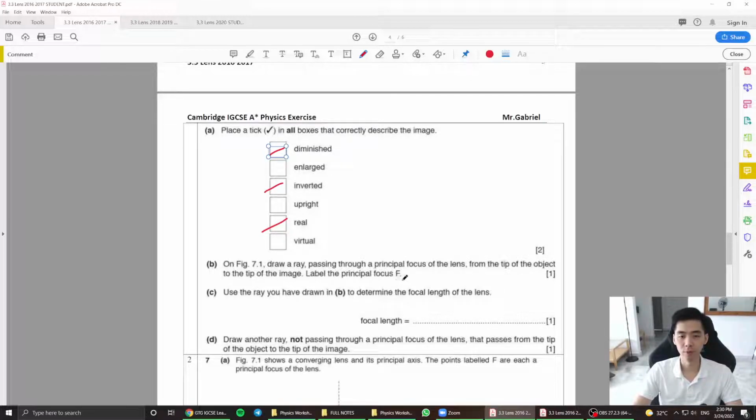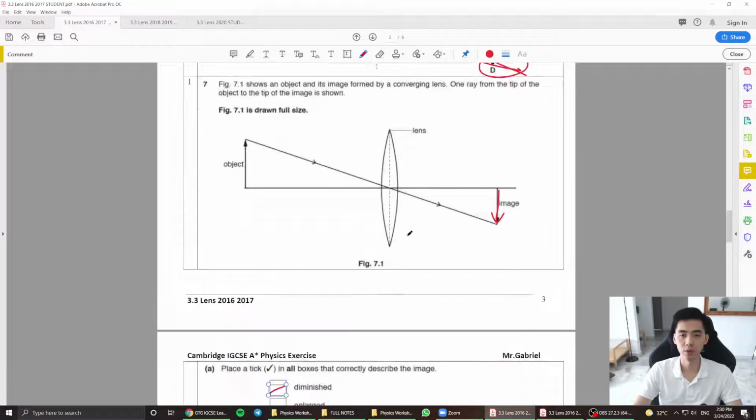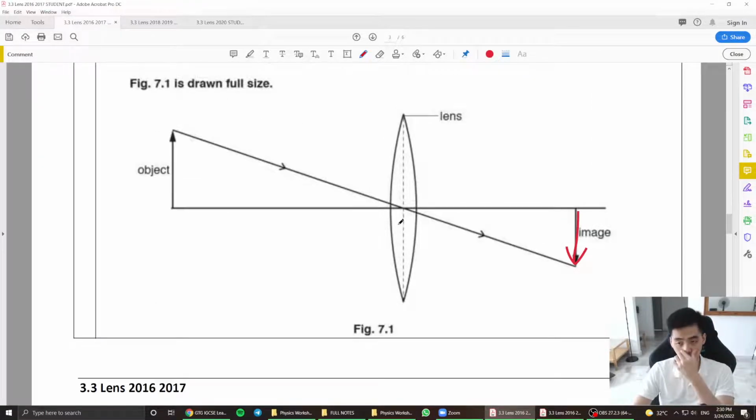Label the principal focus F here. So basically this question here, they're asking me to find where the principal focus is, right? In this case, usually what we do is we draw the horizontal line, cut through the focal point, cut through the optical center, and this is where the image is formed. In this case here, we actually need to work